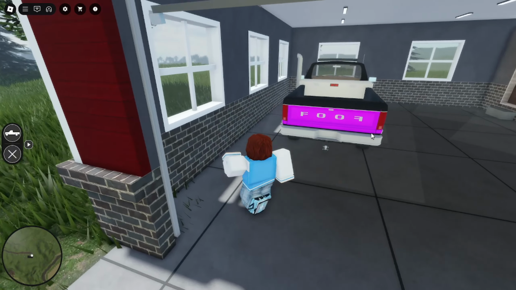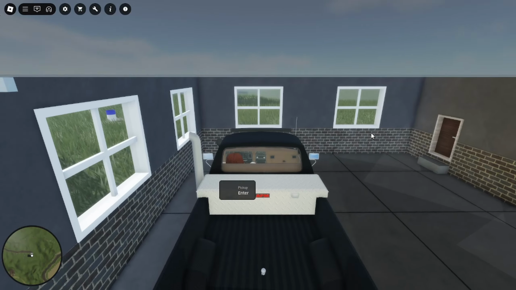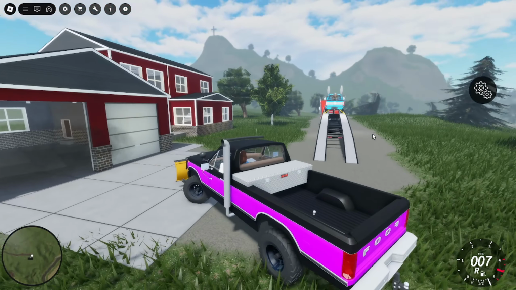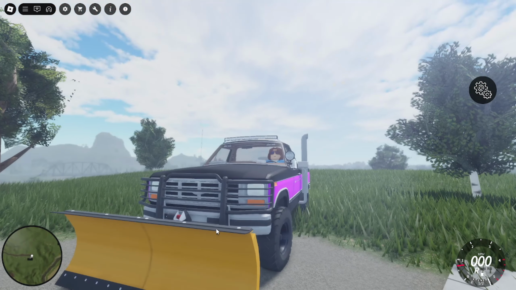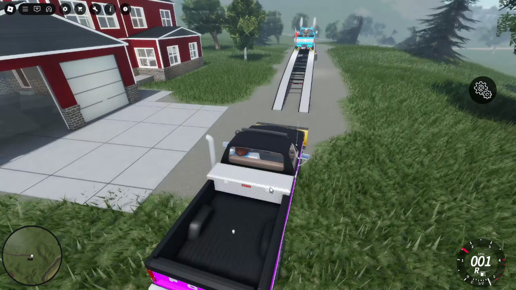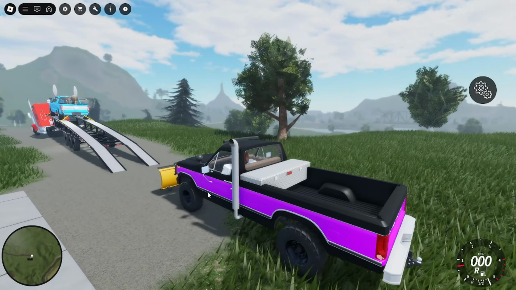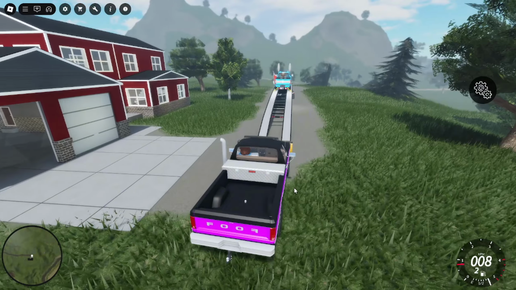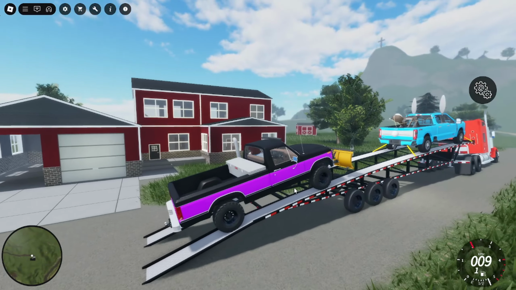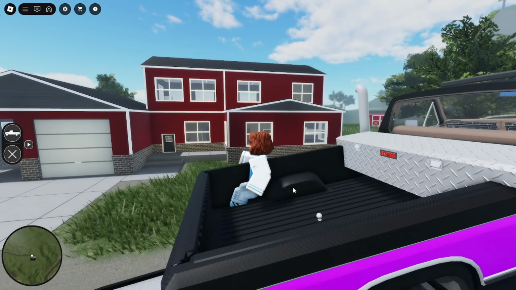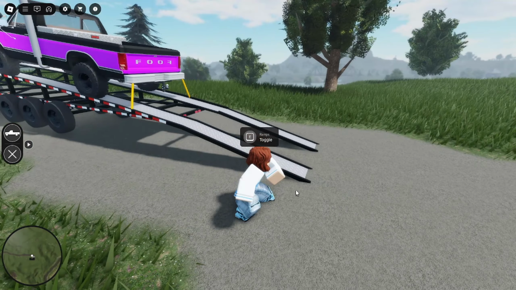As you guys can see though, right here we got the second vehicle. So this is like a normal truck, but I don't exactly know what this is called, but in the front it has this attachment built to it. It also has like a guard or bumper guard, whatever you want to call it. It also has the exhaust pipe on the side. That's something that I've never really seen, but we're gonna go ahead and load this up just like this. We're gonna not get too close though,